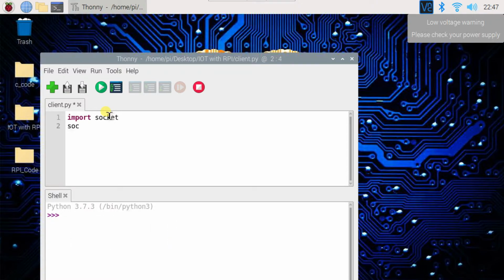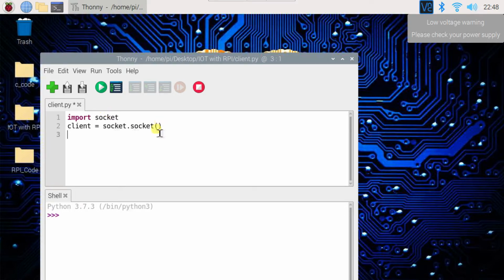So it will be socket.socket because I am using socket class, and I will store it in client variable.